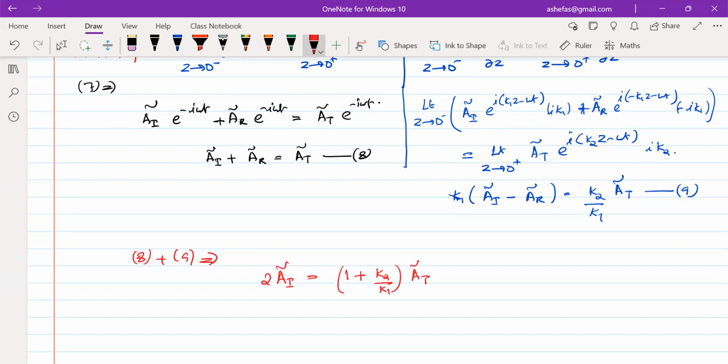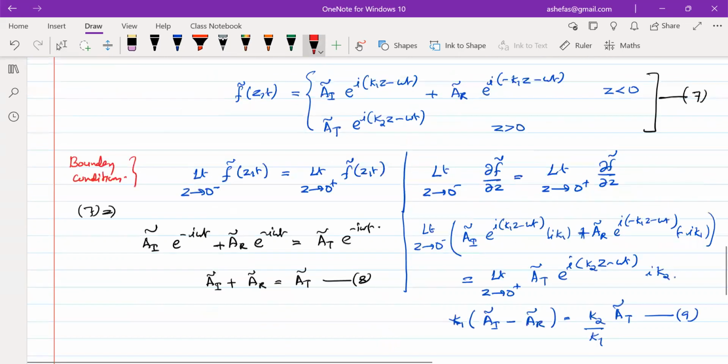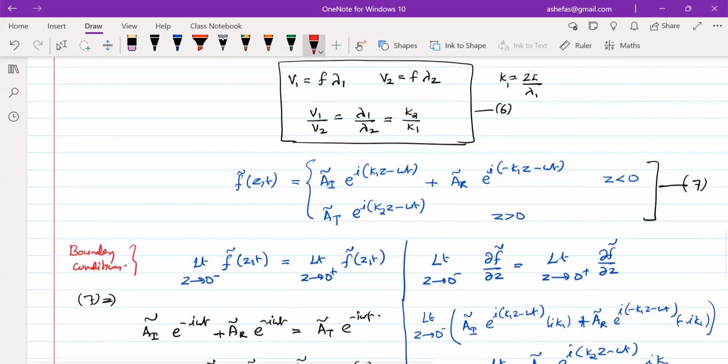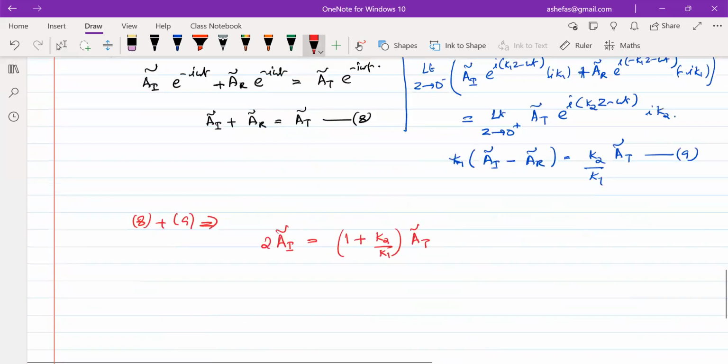Now this k2 by k1 we can write as v1 by v2 using this expression, equation number 6. k2 by k1 is nothing but v1 by v2. So therefore 2 ai tilde equal to 1 plus v1 by v2 at tilde,